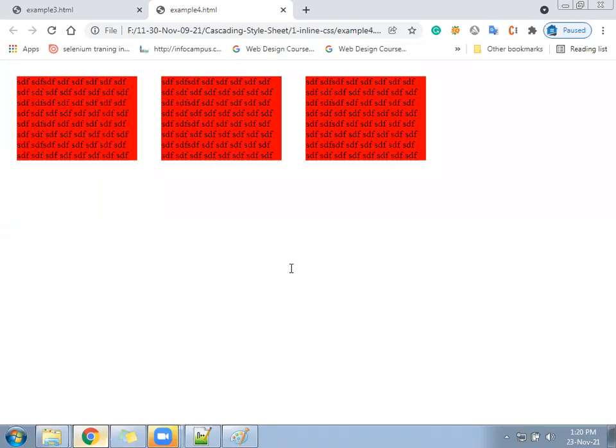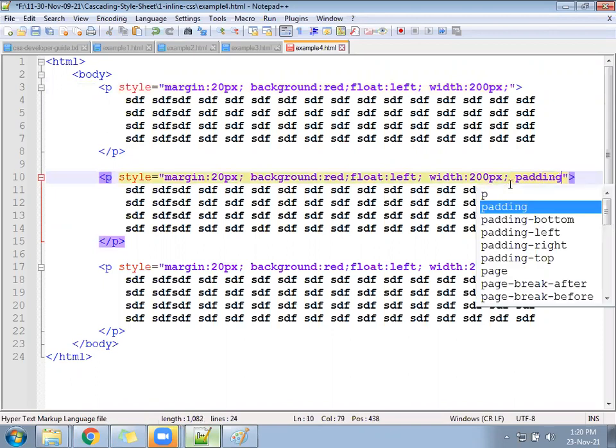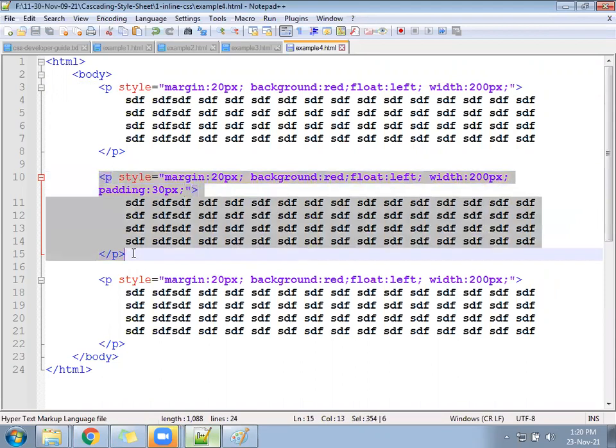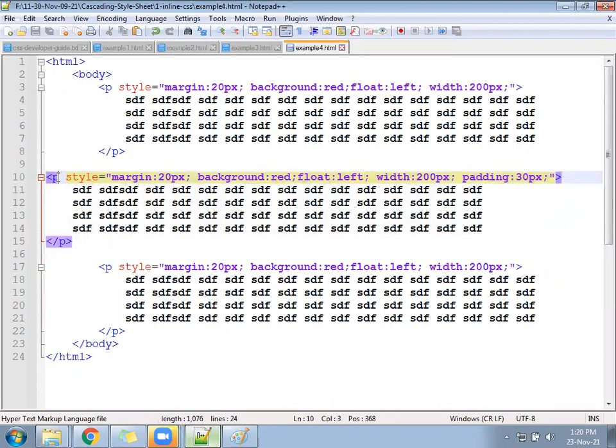So we'll go for the first division and apply padding here. Or for the first division, let it be no padding. Go for the second division and apply the padding somewhere around 30 px.